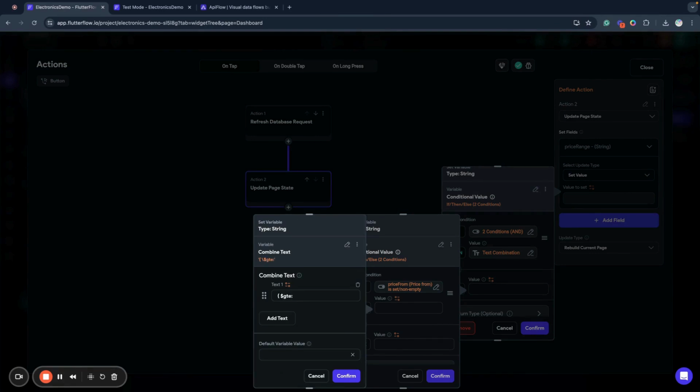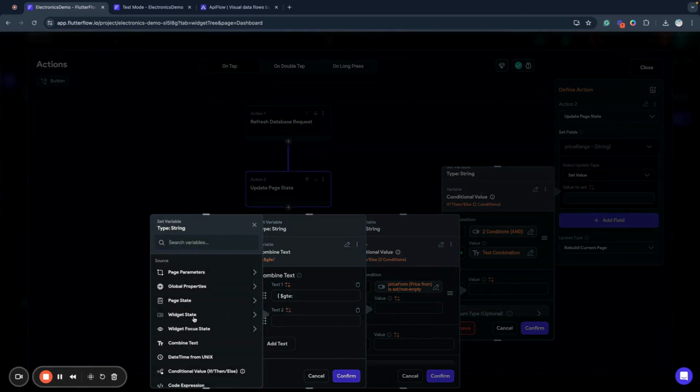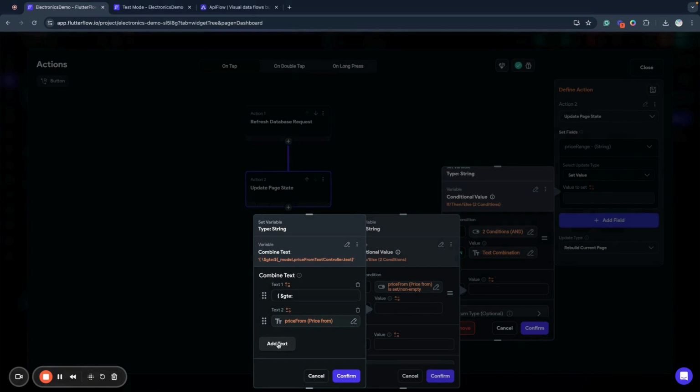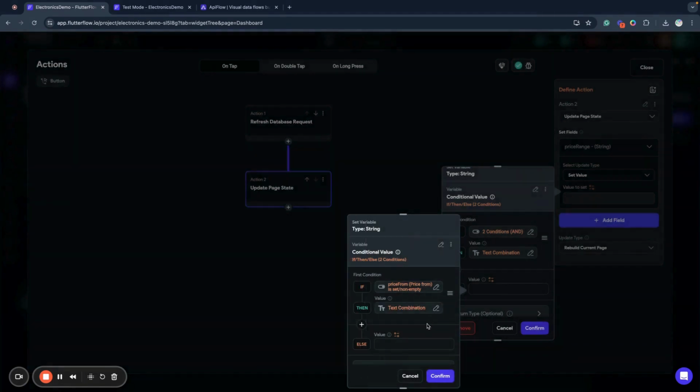We have greater than or equal, widget state price from, and close. Okay, and else,